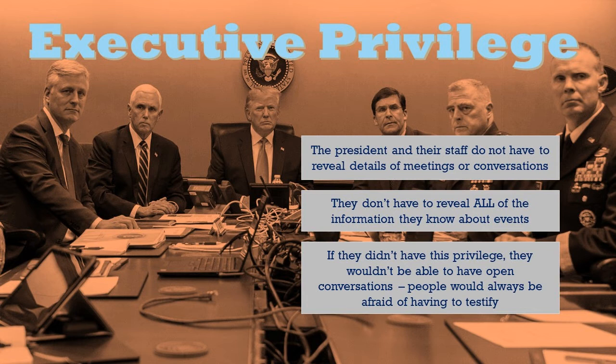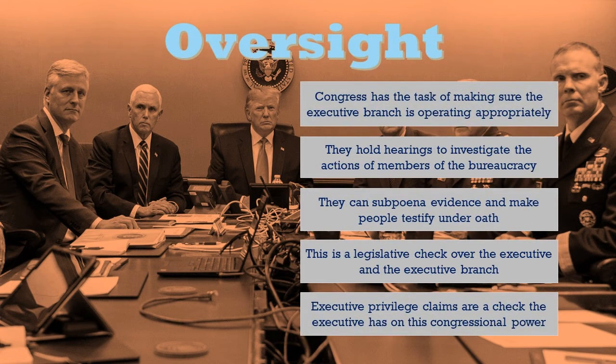So that's why the president is able to claim that these are important things, right? The most important priority of the government is to keep us safe. And so while it is important that Congress is able to investigate the executive branch and see what they're doing, we want to prioritize the safety and security of the country in a way that ensures that the president is still getting access to the best information. So this power of the president serves as a check on Congress's oversight power.